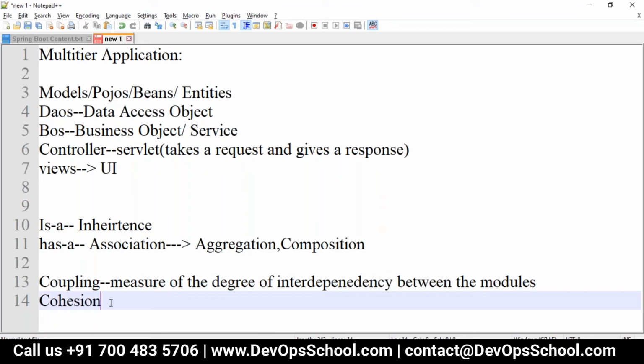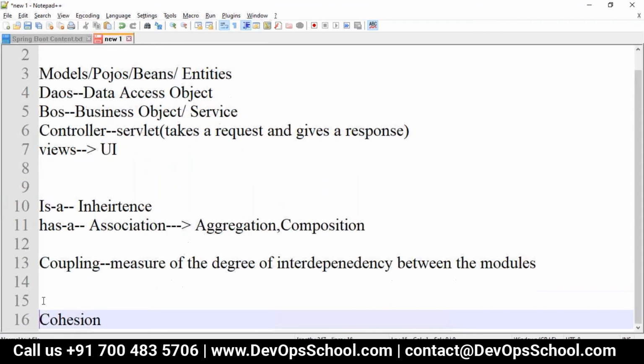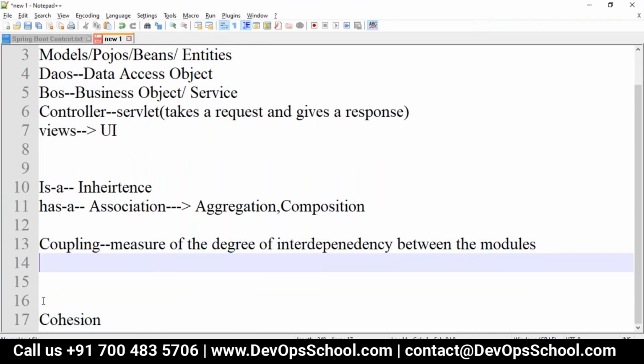We will have different types of coupling. Data coupling is the best one, but content coupling is the worst case. We have data coupling, stamp coupling, control coupling, external coupling, common coupling, and content coupling. If the dependency between the modules is based on the fact they communicate by passing only data, then it is called data coupling.